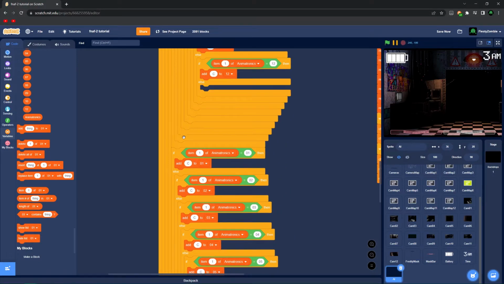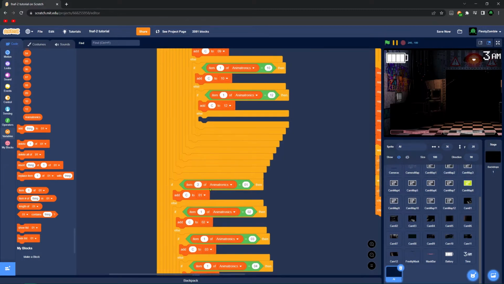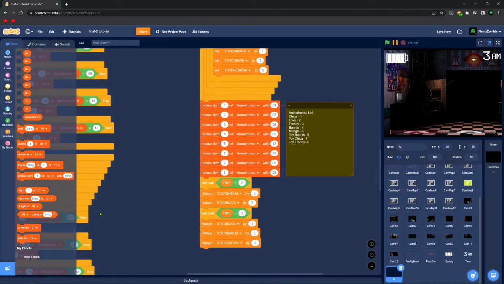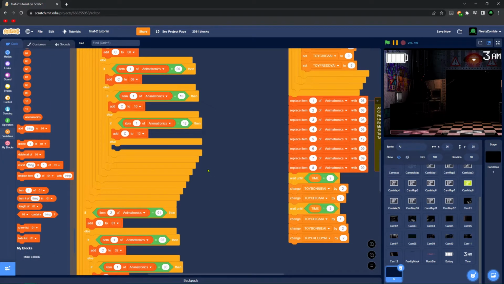Okay, so we should have something like this now. So let's change this to item 2 of animatronics, because this is the second animatronic. If you ever need to check, hopefully you've made a list like this, so you can just come here and check over here to your list and see which animatronic is which number, so you would know that